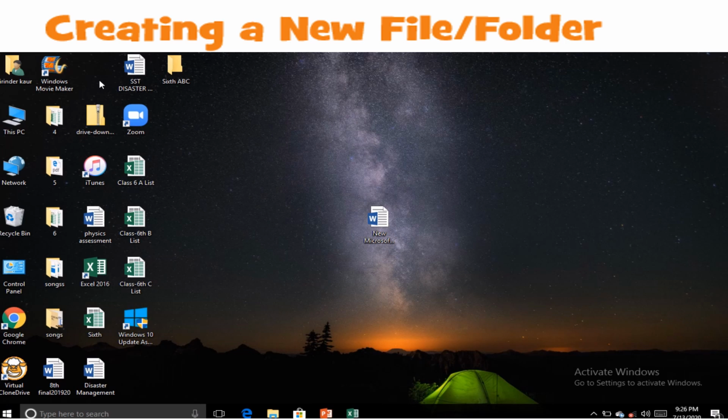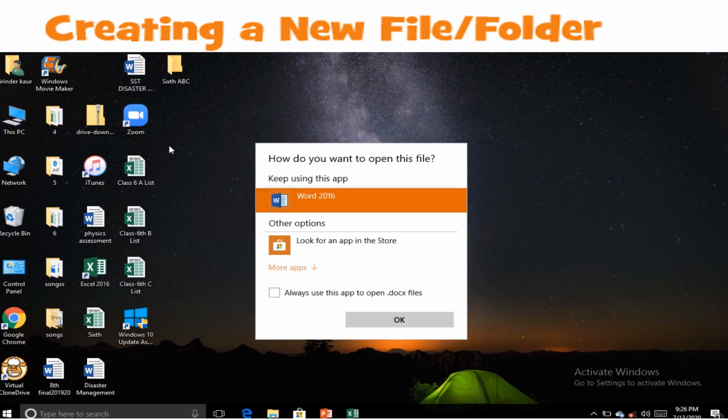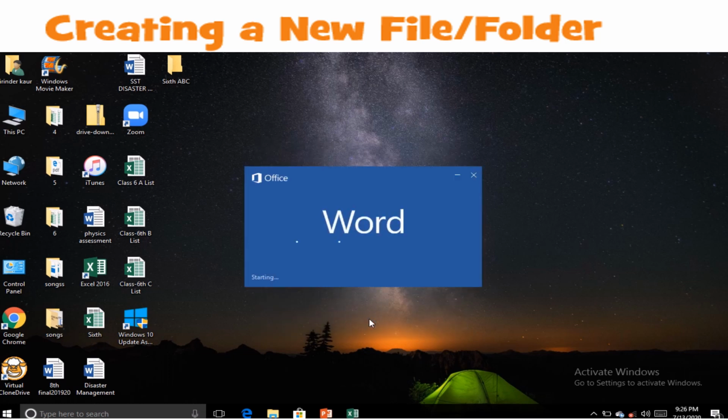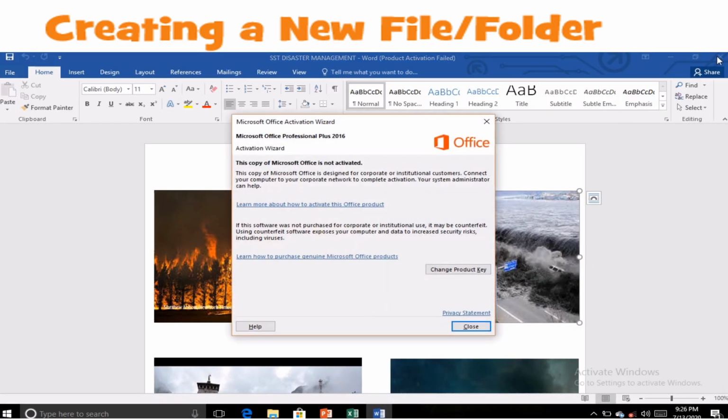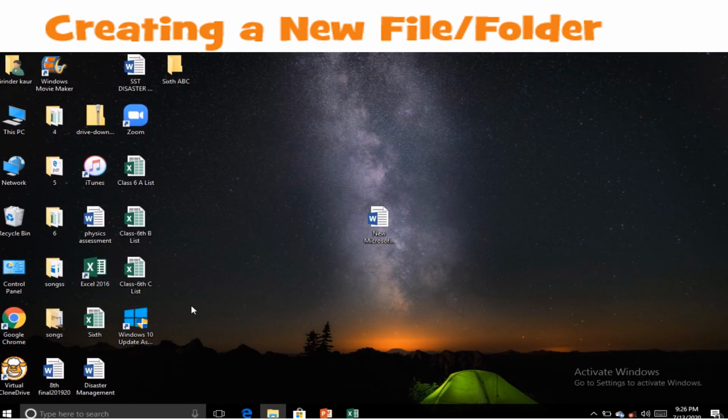And we can also open this file or folder with different other programs. Like when you right click on them, we have an option with open with. When you click on open with, you will get the options to open this file with any other application program. Like let's imagine I want to open any file in any other application.